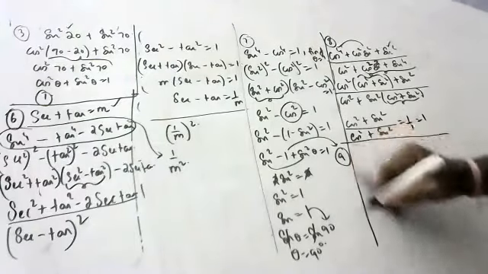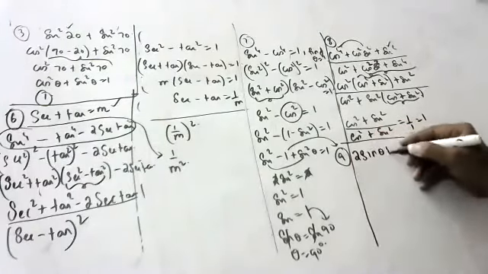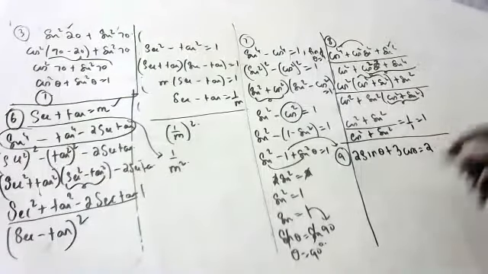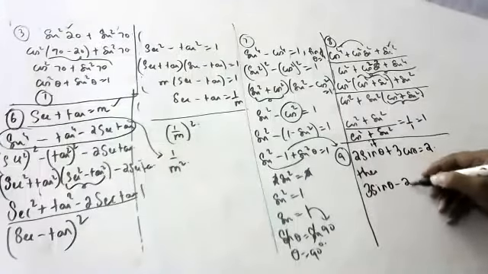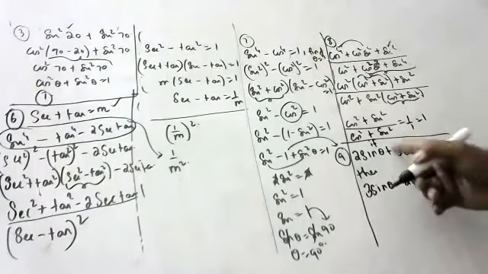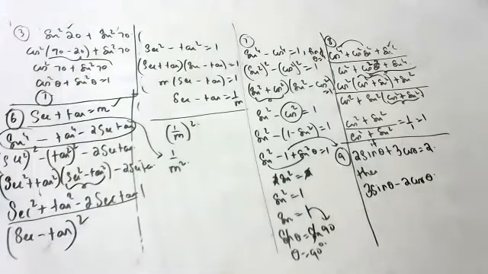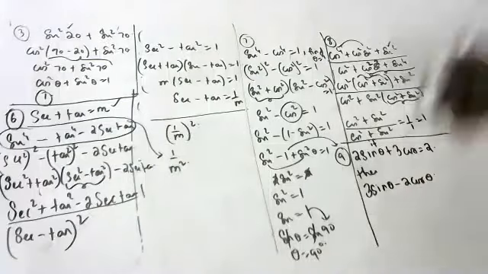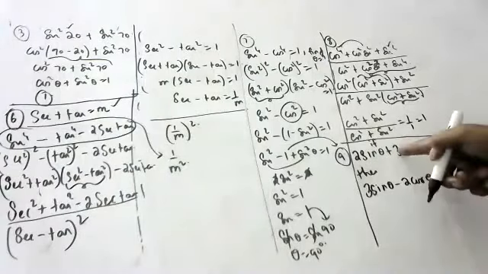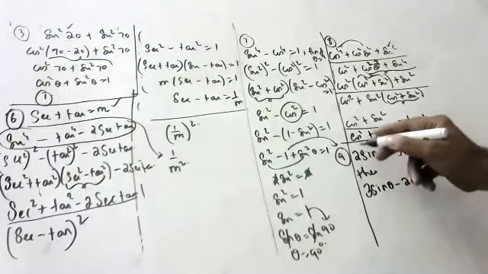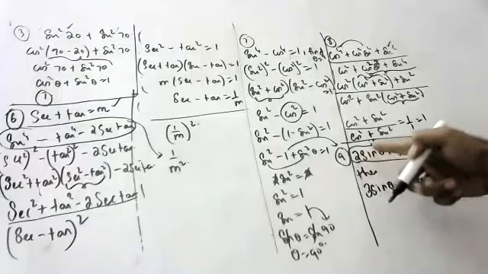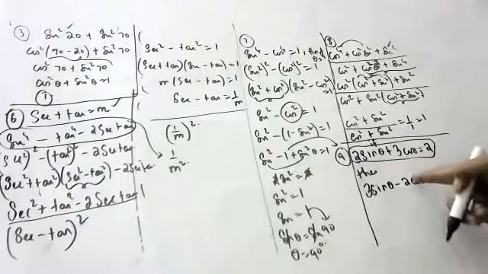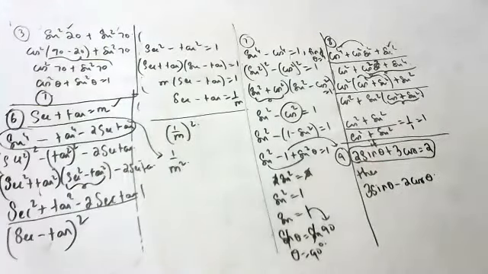Next question, children. The next question is like this: 2 sin θ + 3 cos θ = 2. Then find the value of 3 sin θ − 2 cos θ. This is what they gave, and they are asking us to find this one. Wherever 2 is there, here sin, here cos came. Wherever 3 is there, here cos. So what we will do, children, is square on both sides, then you will get the answer. If a question like this comes, see, 2 has sin, here 2 has cos, meaning sin changed into cos, cos changed into sin. So square on both sides.